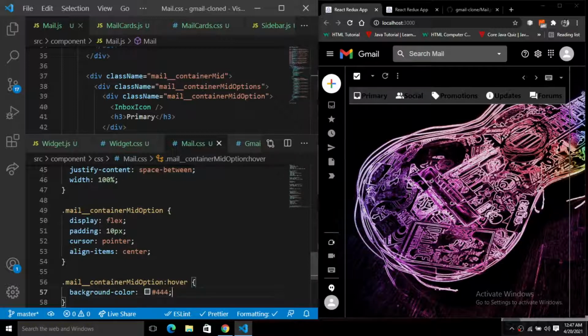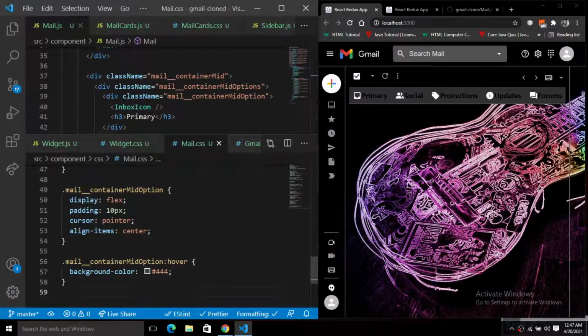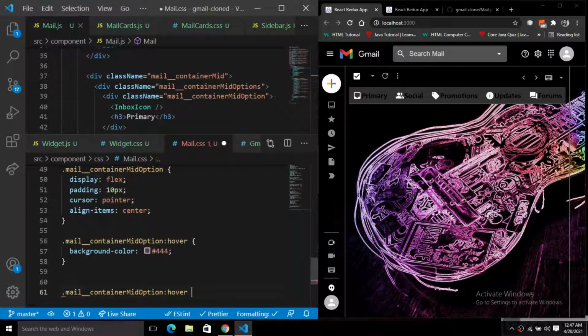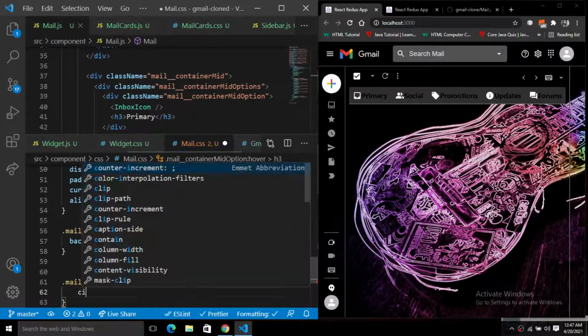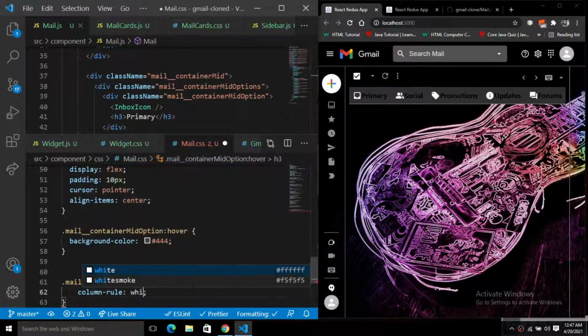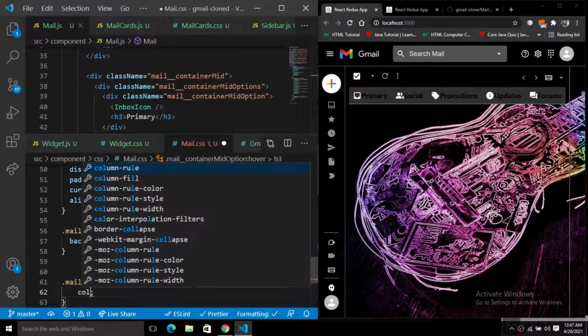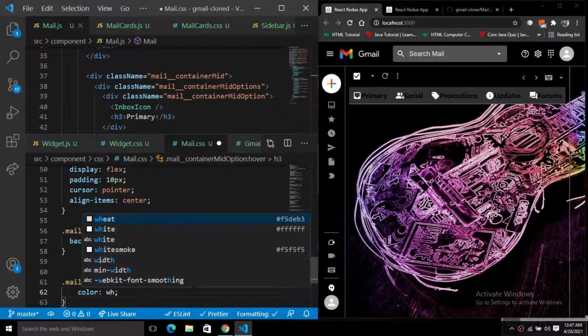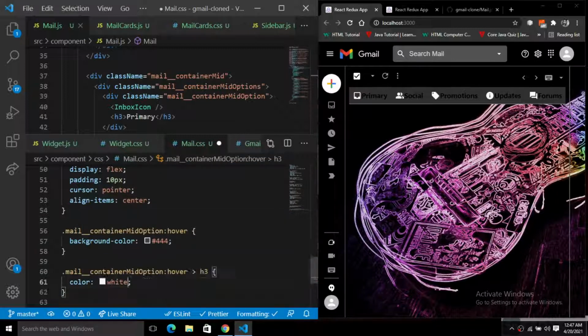But we want the H3 to be the color white, right? So we'll simply target the color for the H3. So on hover, just target the H3, and here we'll simply change the color, just give the color white.